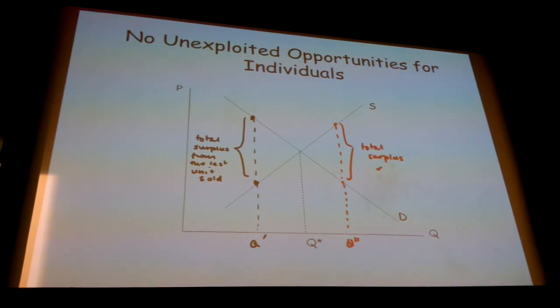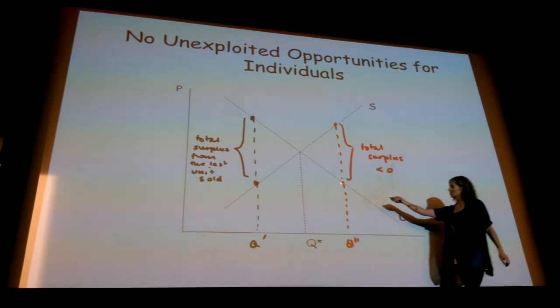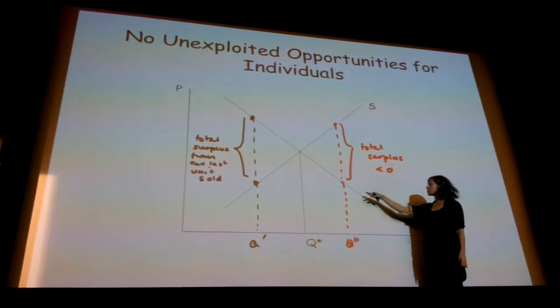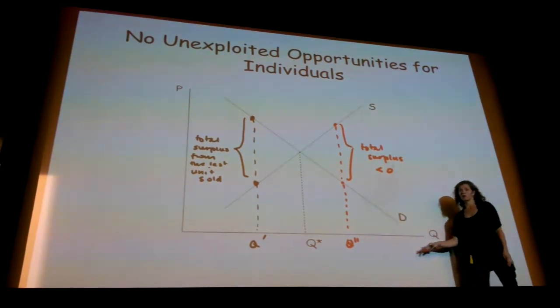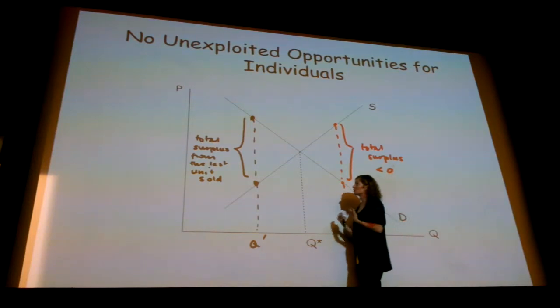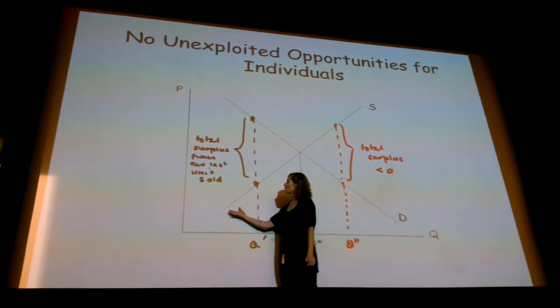But the problem is that it's less than 0. Okay, because buyer's surplus, or the buyer's reservation price, minus the seller's reservation price is going to be less than 0. And these transactions don't take place. Okay, so when we say that there are no unexploited gains for individuals in this equilibrium, what we mean is